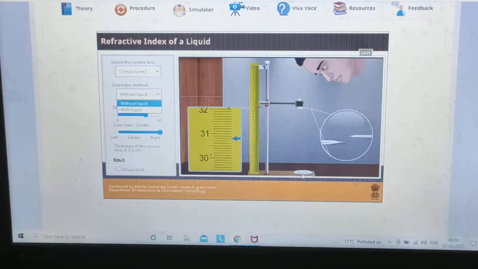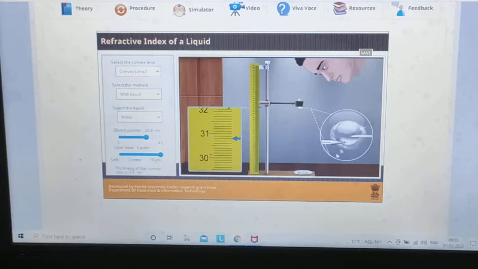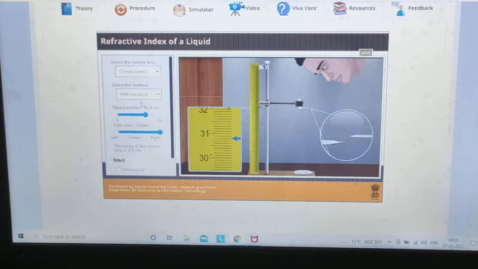With liquid, you can see liquid is also present here. This is the with-liquid experiment, a combination of lenses, and in this case we will have only one lens. Next, after selecting these two, let's do our experiment.